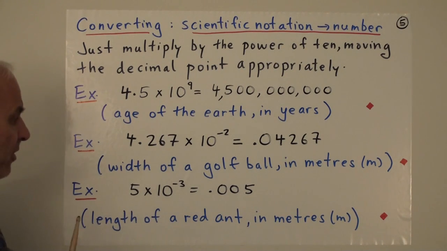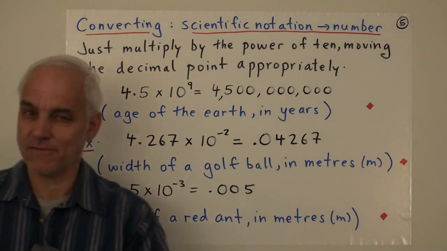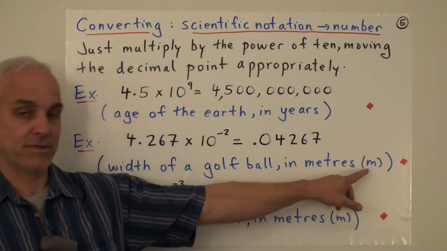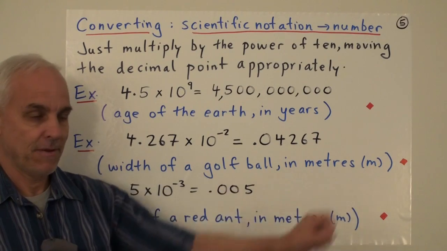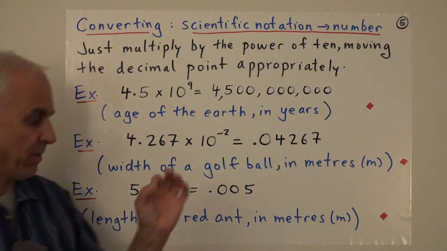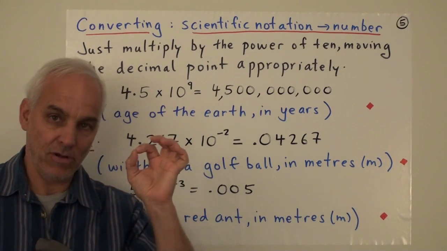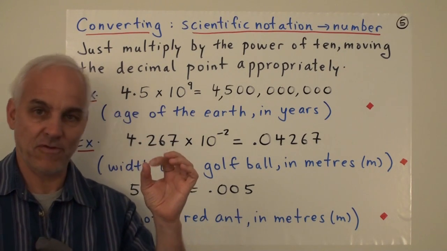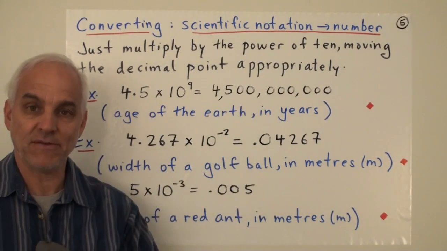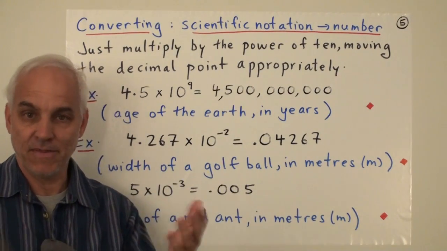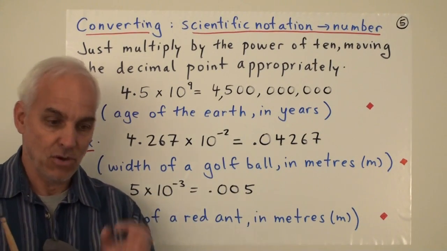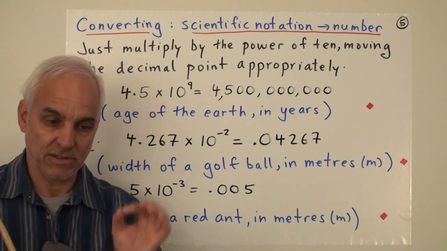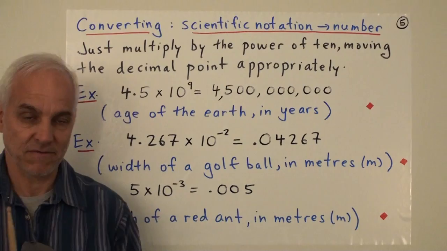By the way, this number, which we introduced in our last video, is actually the width of a golf ball in meters. So when you play golf, golf balls all have pretty well the same size. And that's important because if you had different balls of different sizes, they would have different aerodynamic properties and the game wouldn't be fair. So it's important that everyone knows that the width of a golf ball is rather precisely specified.